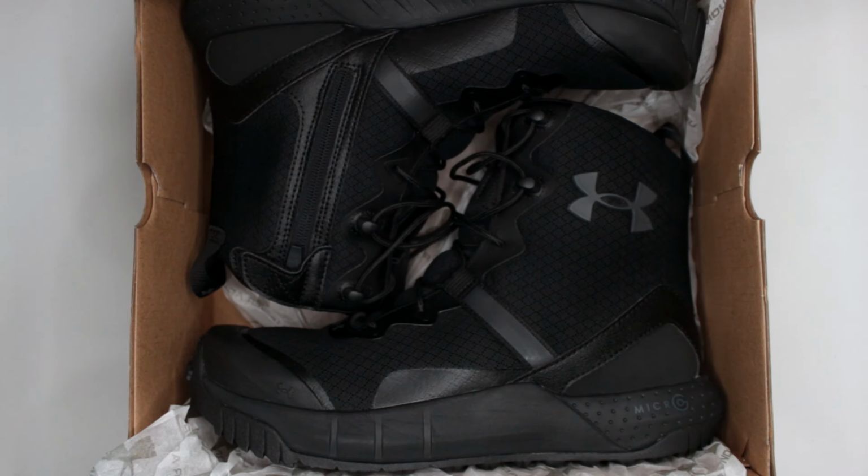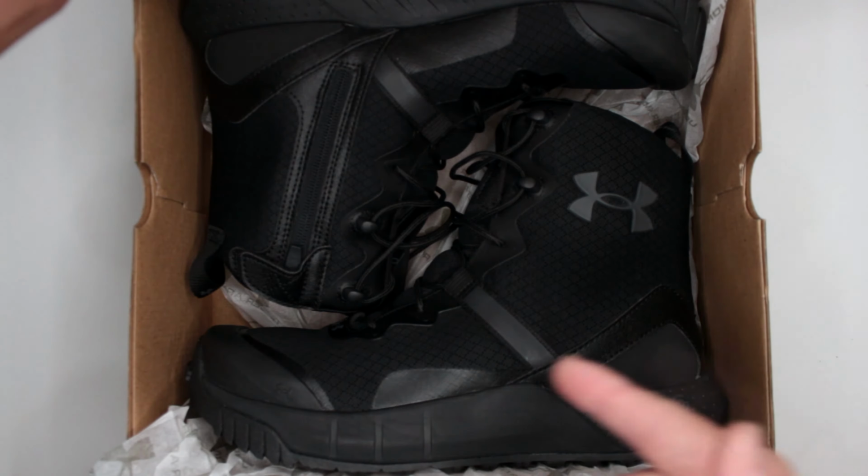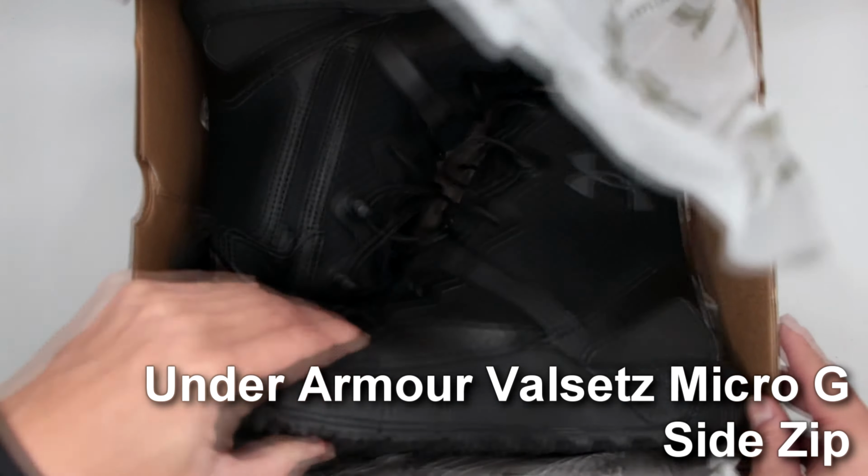Today, as you guys can see, I have something else from Under Armour. Let's open it up and see what it is. These are, yet again, Under Armour Valsetz Micro G, but this time, as you can see, with the side zip. Yes, and honestly, if you already decided to buy Valsetz,